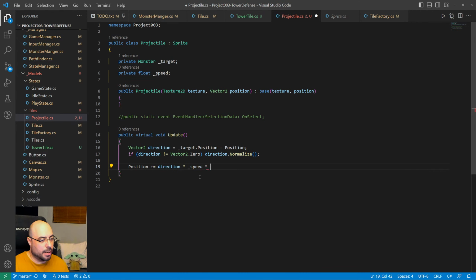That's how far, but we need to normalize also by time, just to be frame rate independent. Is it working? Okay, cool. And that could be it,